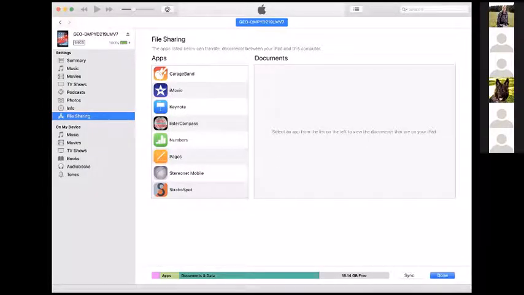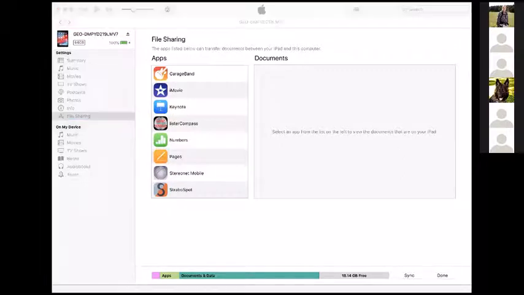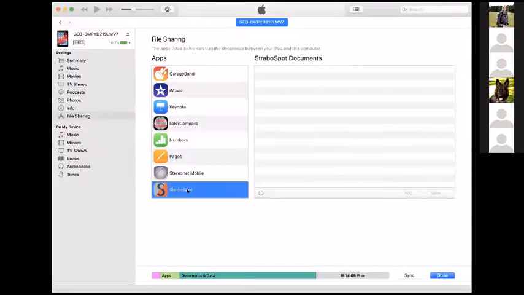If you're on a Mac using an older operating system or a Windows computer, then you can access that file system through iTunes. It looks like Doug's maybe bringing that up. Newer Mac operating systems use the Finder system, but it looks exactly like this when you open the iPad in the Finder.